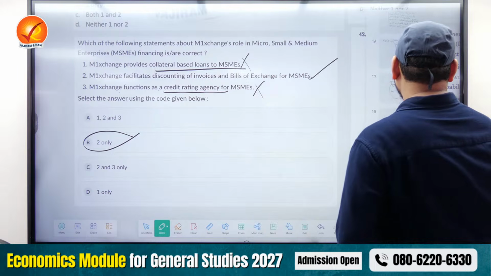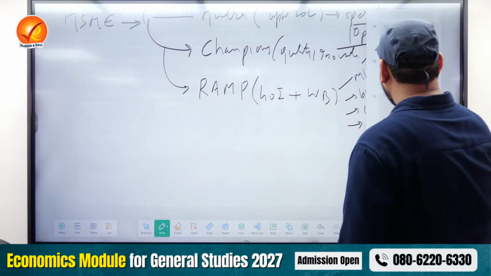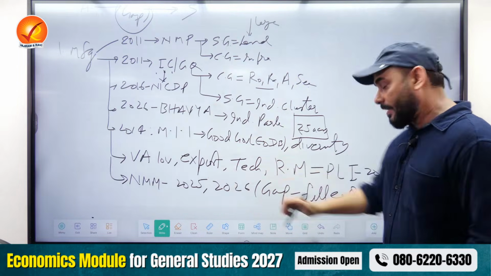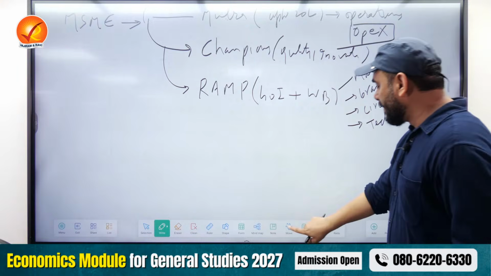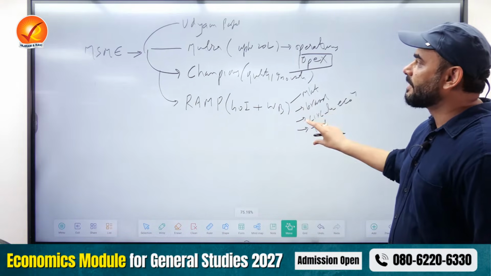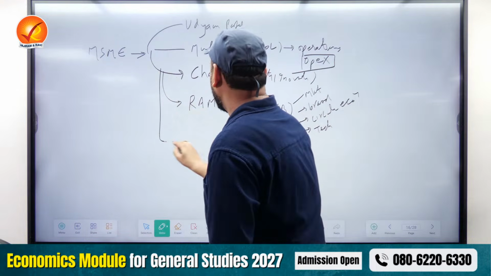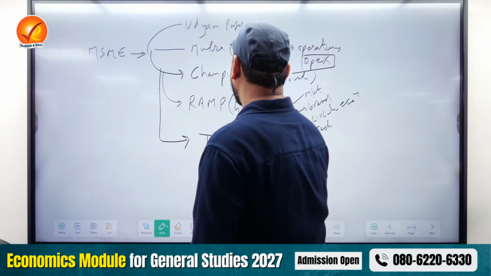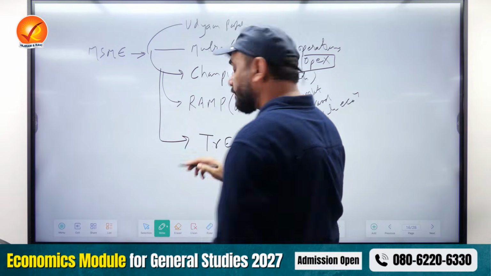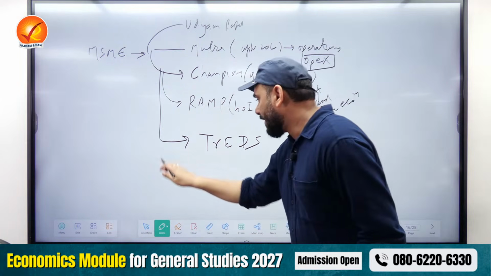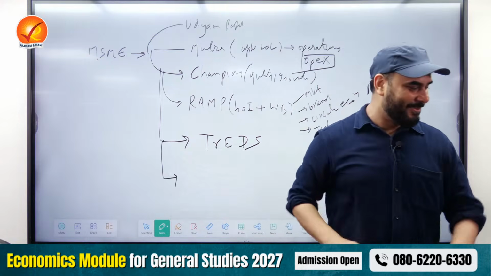So what did I tell you so far? I told you that, first of all, this is a one-pager for manufacturing. The same kind of one-pager we are trying to create for MSMEs also. So see, what have we created? We created a platform called TReDS. Now there is something else. Now listen to this very carefully, something interesting.